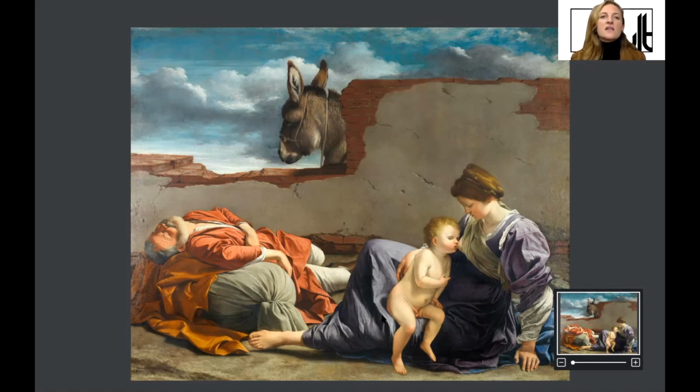Artemisia was the eldest of four children, and they lost their mother when Artemisia was 12, so in 1605. And so Orazio was really a single father with four children under the age of 12, alongside working as a painter during that time. In terms of this painting, I mentioned earlier that